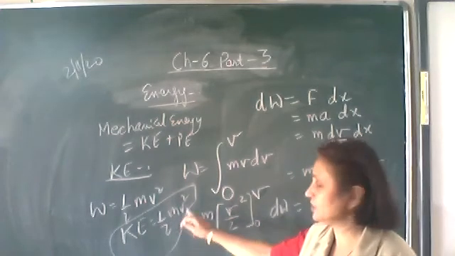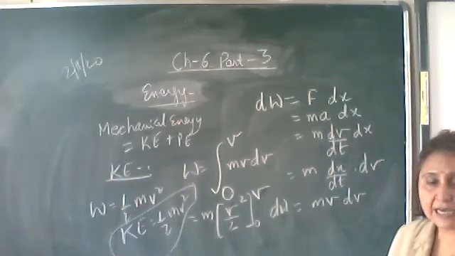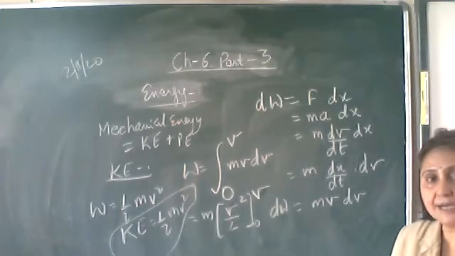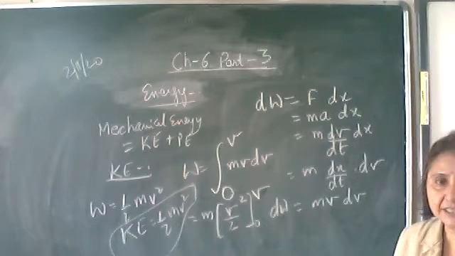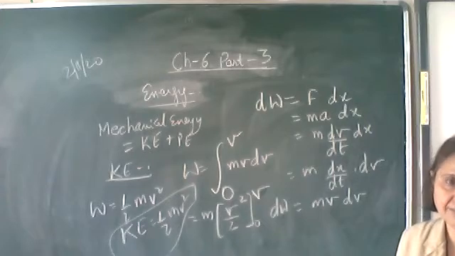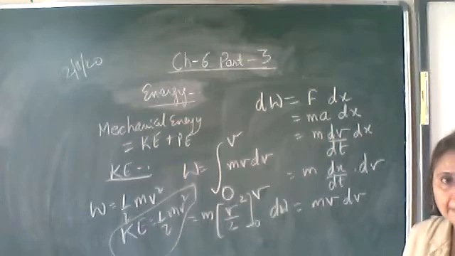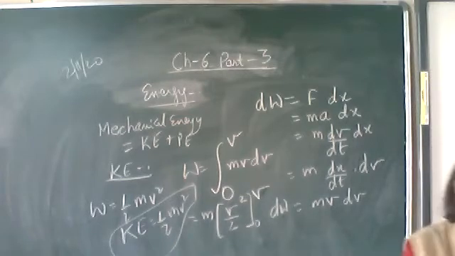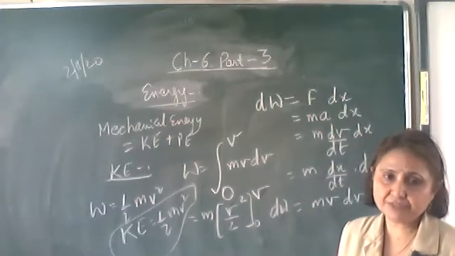So kinetic energy depends upon these two factors, mass and speed. It is directly proportional to the mass if the body is moving with a constant speed, and directly proportional to v square if mass is constant. So the kinetic energy is given by half m v square. This is the expression for the kinetic energy. Now one theorem we will discuss is the work energy theorem. So note down this: kinetic energy is given by half m v square.